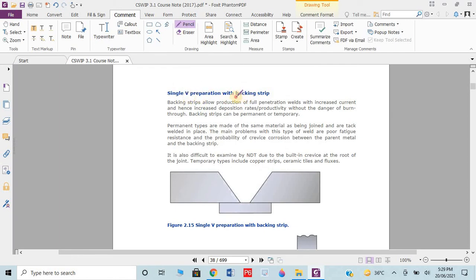Okay, V with backing strip. Normally this is the V angle. If we are afraid that the root gap is too much and burn through can occur, then normally a backing strip is first welded behind the parent metal, then we start welding here, and the burn through chances will be completely reduced. It could also be a question: if we install the backing plate behind the parent metal, which chances get reduced? Burn through chances get reduced. Alright.